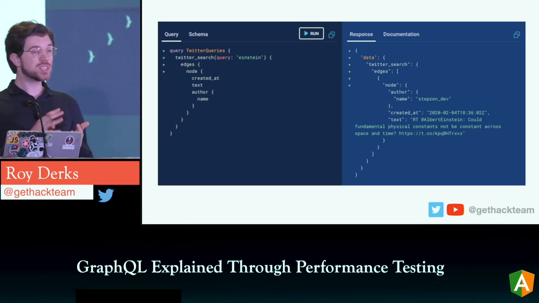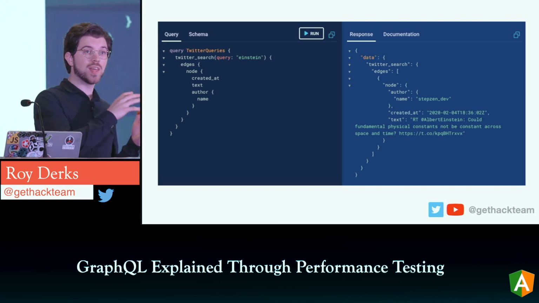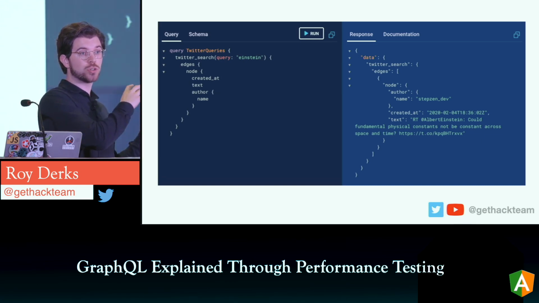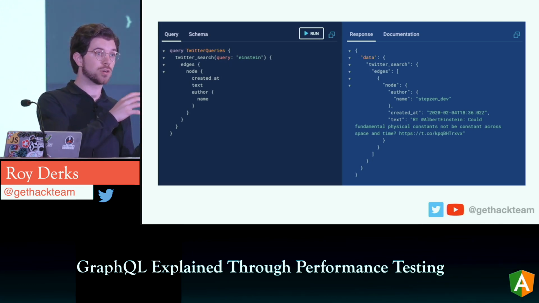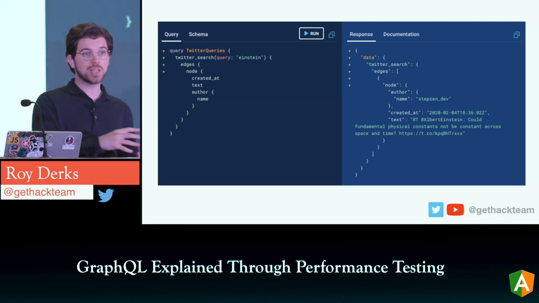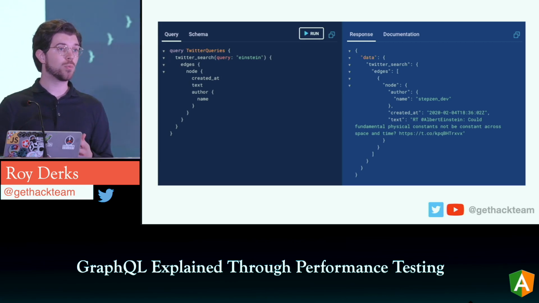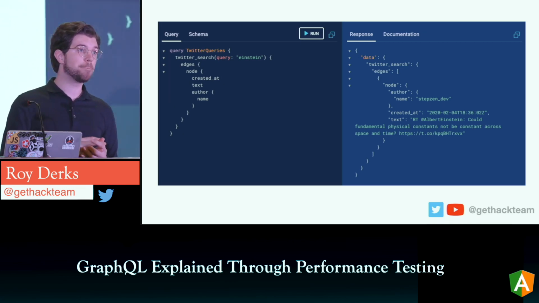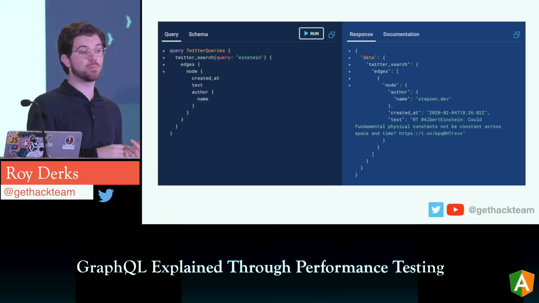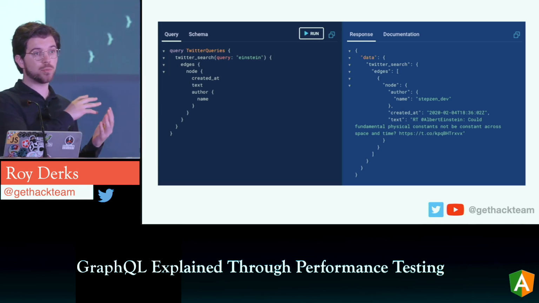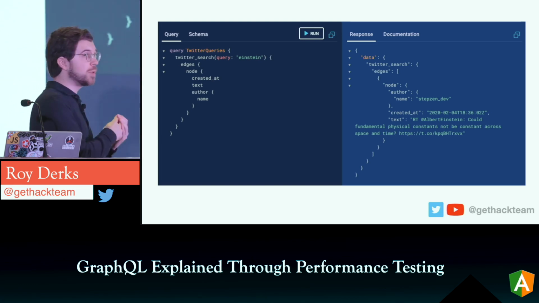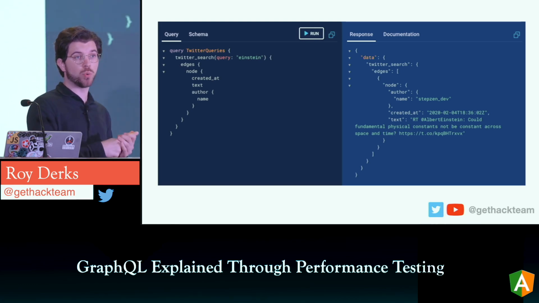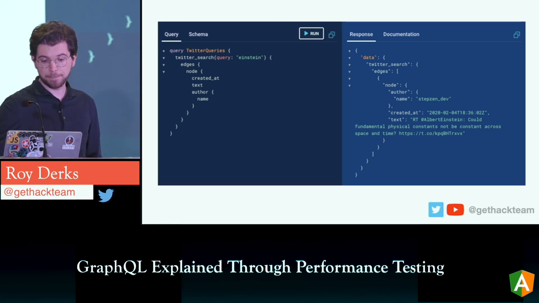The way the Twitter REST API works, if you want to get data for the tweets, so if you want to search for tweets, you will get only the tweets. If you want to get the author of the tweet, so the person that tweeted it, you need to send a second request to a REST API. So it will have a separate endpoint. So to collect this data with REST APIs, you would always have to collect the information from two separate endpoints instead of just one, which we have in GraphQL.